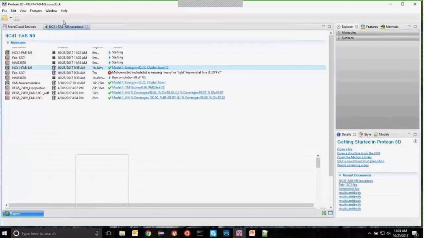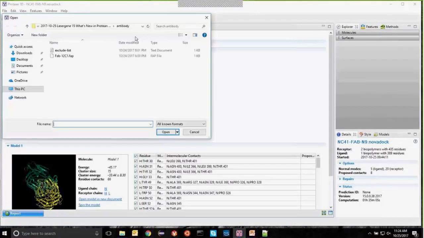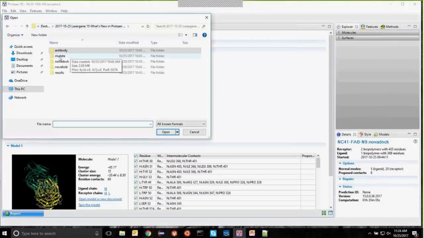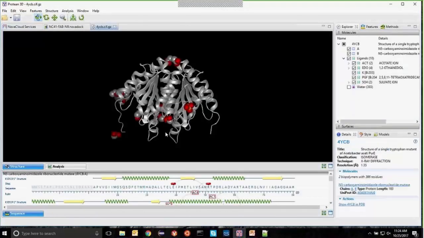So let's get on to the final feature that we're going to look at, and we are going to talk about mutating residues. When you are doing site-directed mutations, substitution mutations, you need a starting structure. This example here